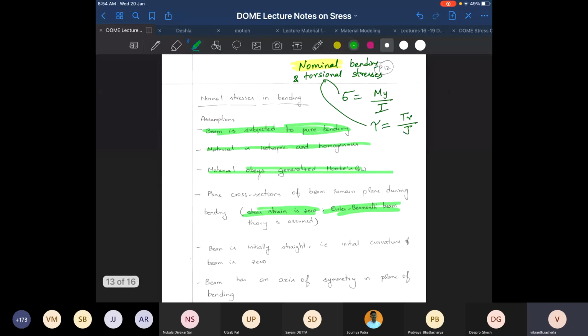Okay, all right, so this is about the concept of stresses and the material model that we assume in design of machine elements. Okay, next I'm going to introduce you